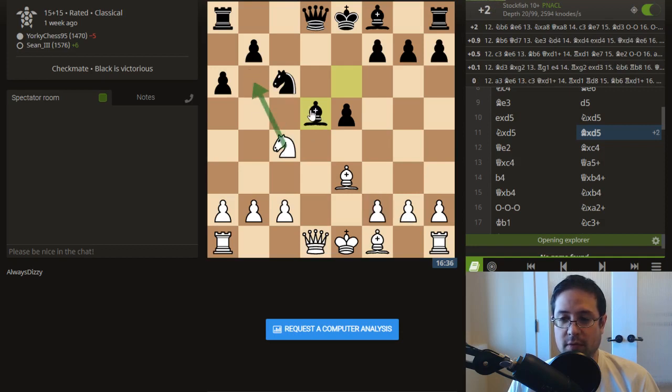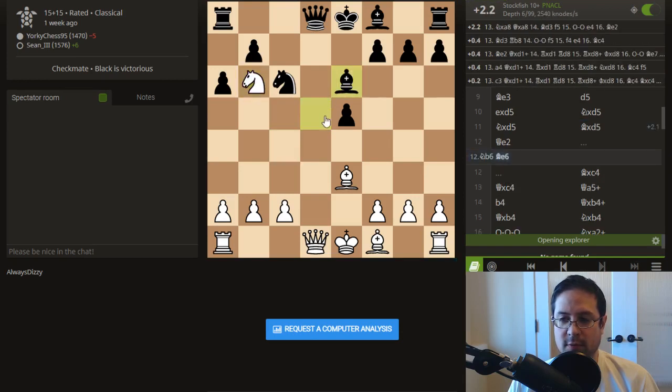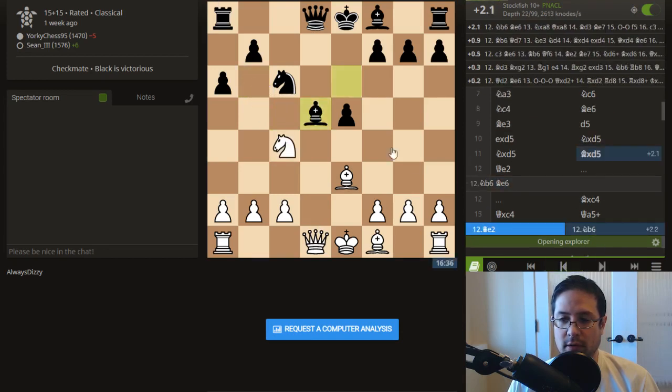It's wanting this. He's going to have to move his bishop, I think. So the engine wants this. If he moves the bishop somewhere, then I guess we just win the exchange, just take the rook. Yeah, so it's basically a fork because he can't defend the...